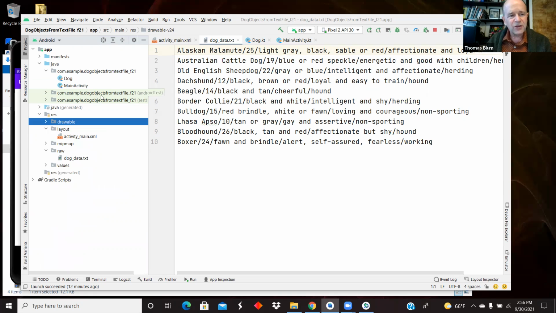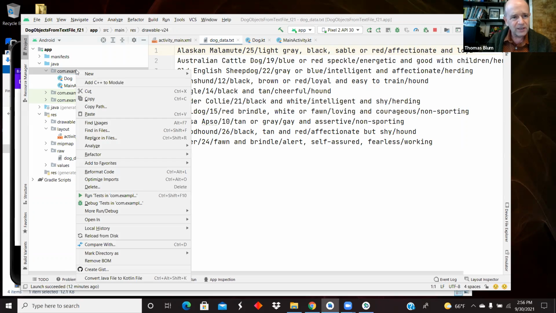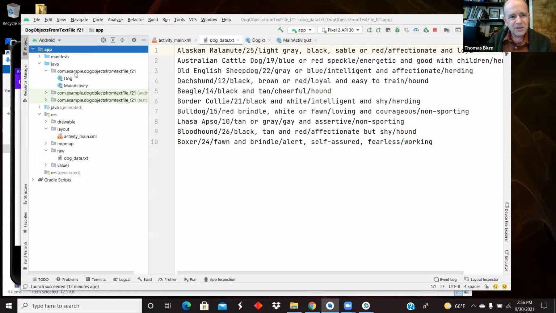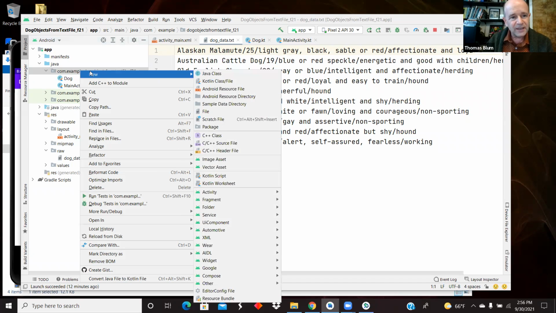Now let's look at the code. This time we have two code files, one the dog class and the other one the main activity. When I started the Hello World project, there was a main activity, but there was not this dog class. So I right clicked on, this is sort of like your package, if you will, and you right click and can say new, and then there is a Kotlin class file. So I click that, and it will ask me to name it,